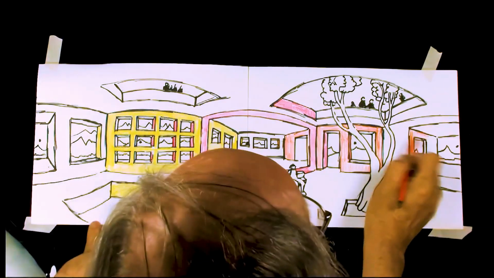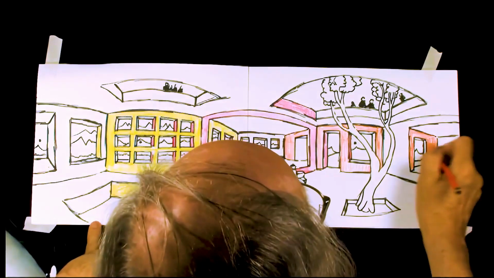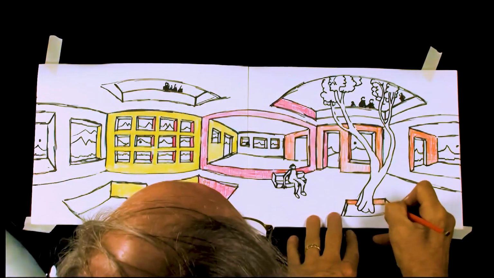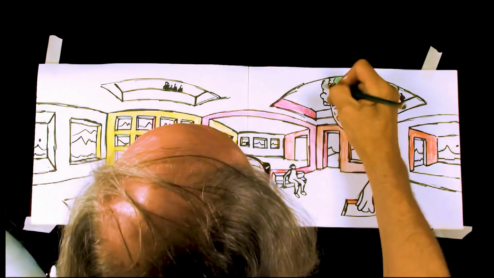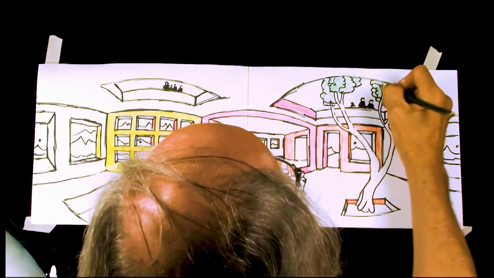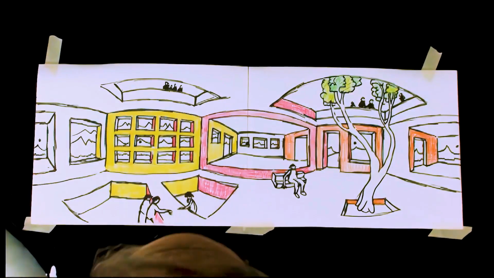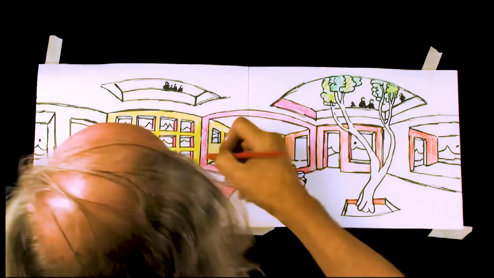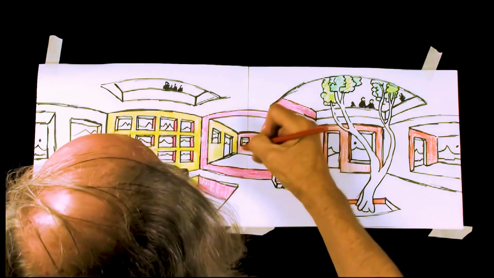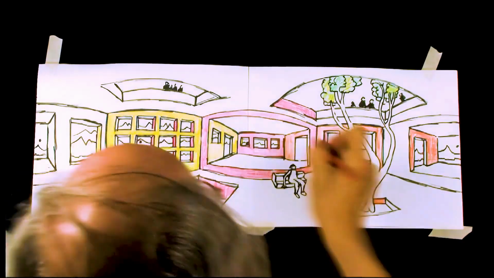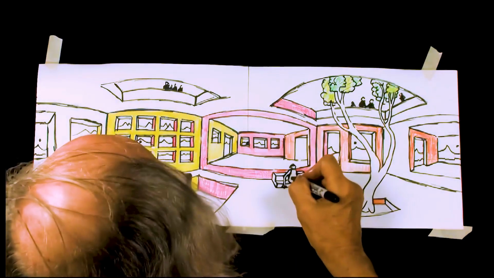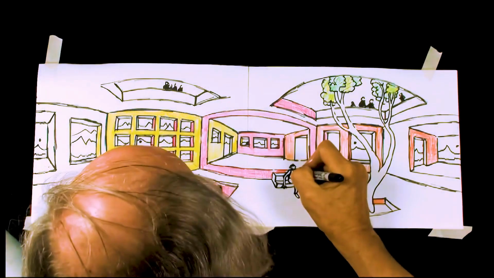And that little tree in there helps just give a little more variety to it and makes it a little more relaxing. A little color also makes it much more readable as to how it all works, how the different planes work, if you have colors to go with it.